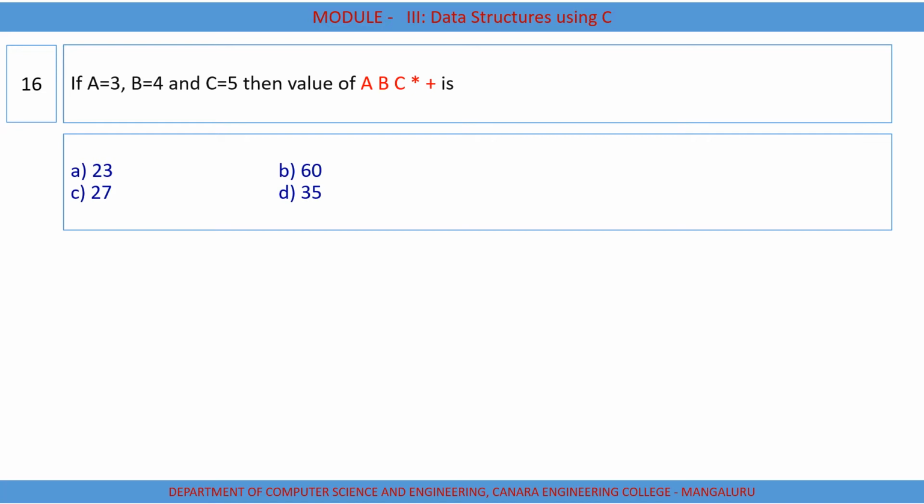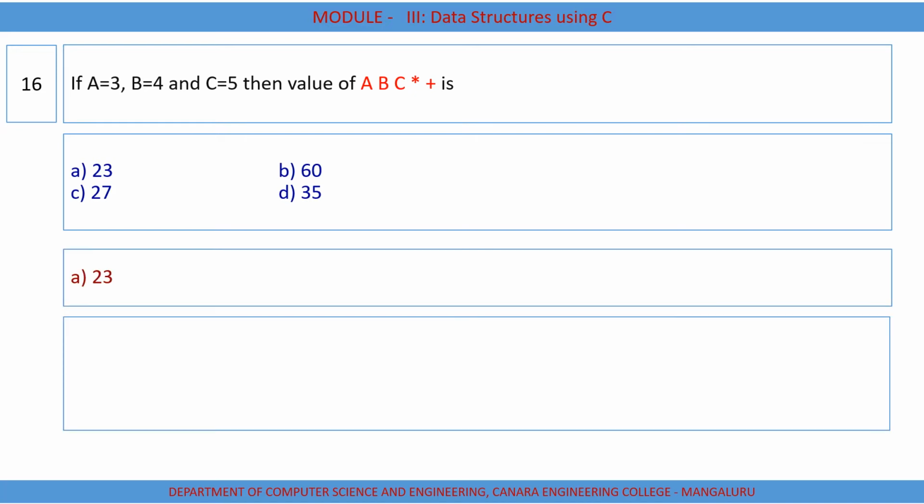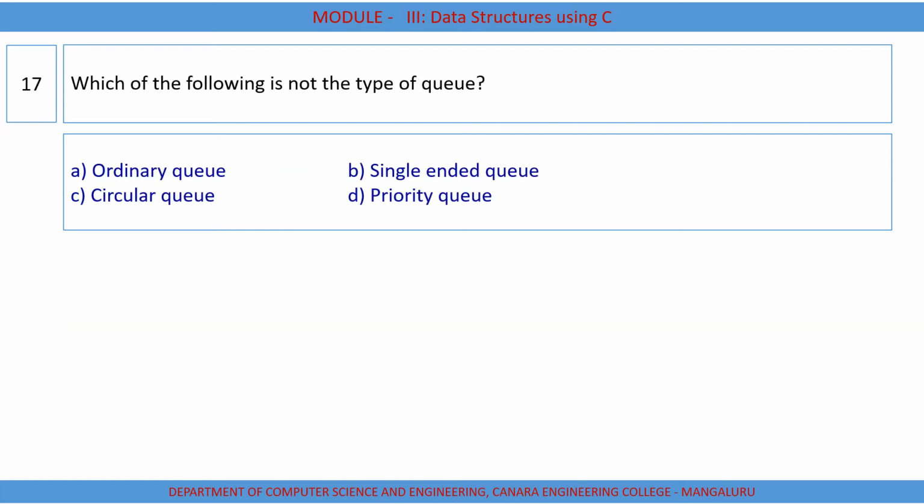Then after that you will get an operator star. Whenever you get an operator, you have to pop two elements. Here we have pushed in the order 3, 4, 5, so 5 is on the top of the stack. So 5 and 4 will be popped. Then you perform the operation 5 into 4, which is 20, and 20 will be pushed back into the stack. Then it is 3 and 20, and you will scan a plus, so 3 and 20 becomes 23. The answer for this is 23. This is the evaluation of a postfix expression.